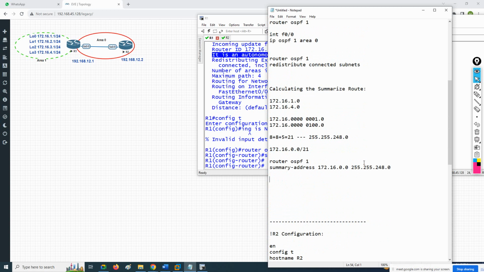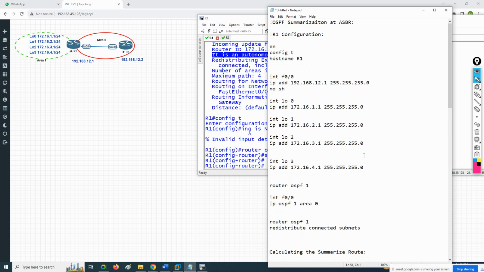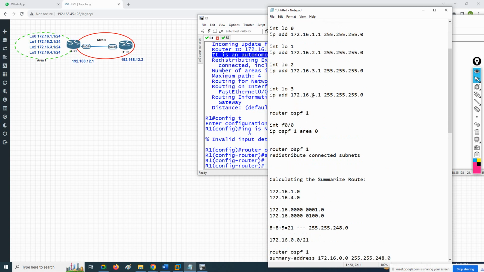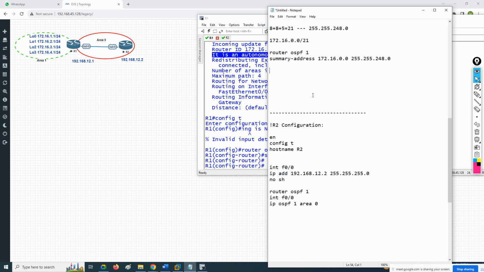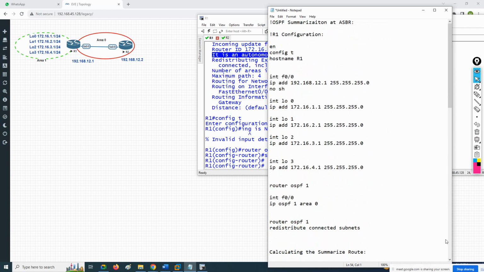That's all. Okay, so this one we can call route summarization, or lab OSPF summarization at ASBR. So try to practice this one. This is a simple topic but important. Okay, so let me